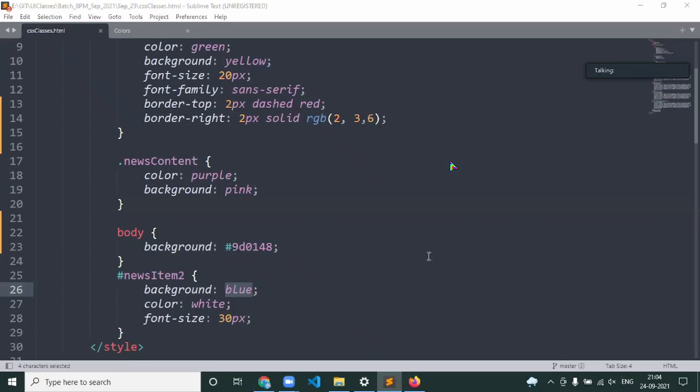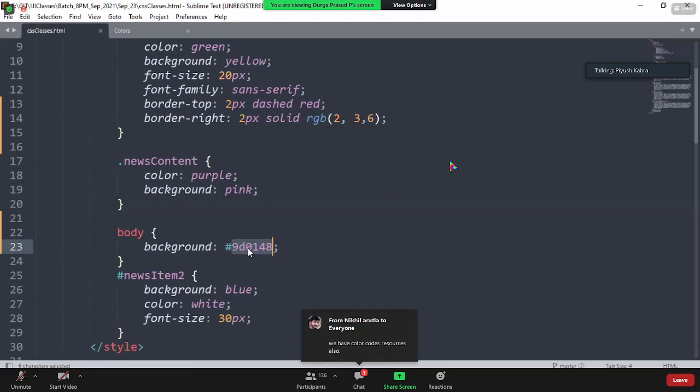Okay, sir. While giving this background color, as you have given hash 9D0148, this is the hash code with numerics and alphabets. Is it mandatory that the numerics and alphabets should be in a standardized way, or can we change all this? I don't know why you are very confused about the hash code.